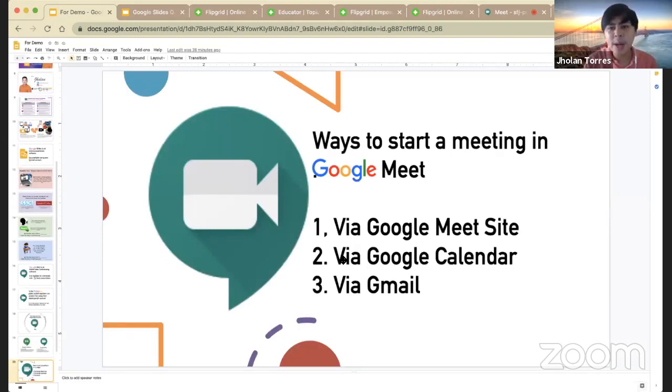For example, you want to set up a meeting via Google Calendar, that is also possible. So para maka-receive tayo ng notification. Okay, so how will you do that? So first, you need to go to Calendar. You need to go to Calendar. So for example, if you have,